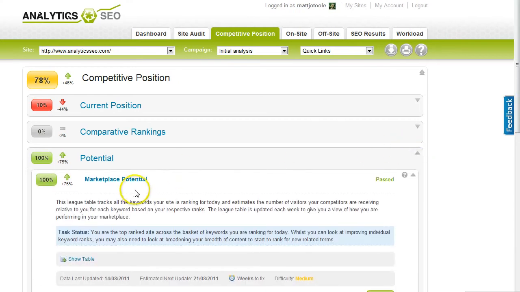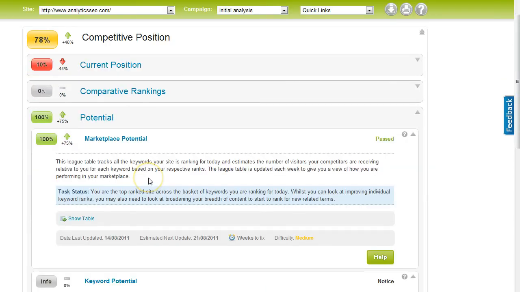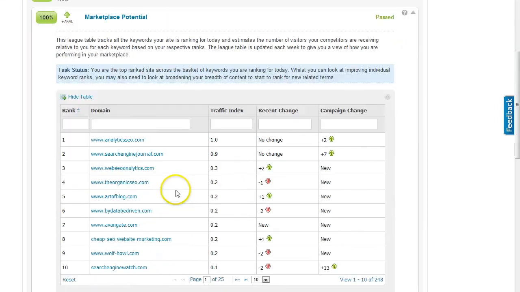The Marketplace Potential or Competitive League Table is a component which can be used for market research and competitive gap analysis. In order to produce this table, we take all the keywords which are currently bringing you traffic. This of course requires you to have set up Google Analytics integration with the system. We then analyze the results from page 1 and only page 1 of Google and collate the results into this